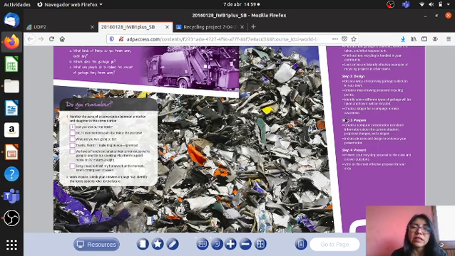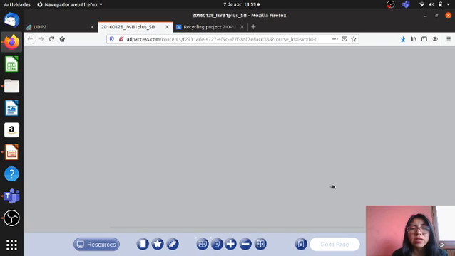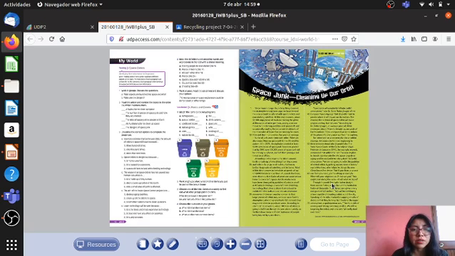Plastic is the most common recyclable thing. Here in Ecuador, there are a lot of people. Maybe in schools, we recycle the bottles, because we can use the plastic in order to form another material, okay? That is the objective of recycling, okay? To convert waste things into new things, okay?